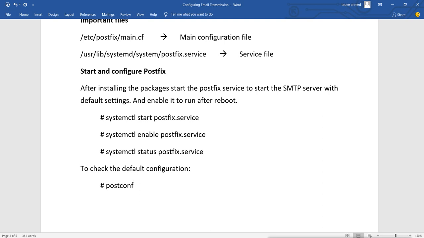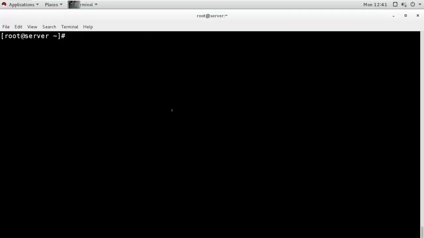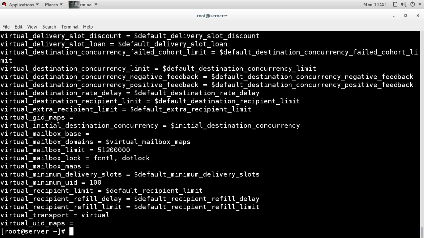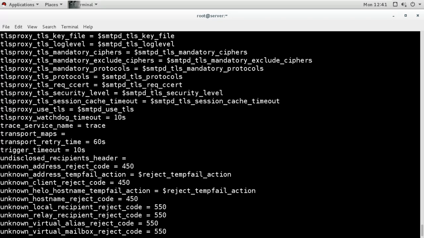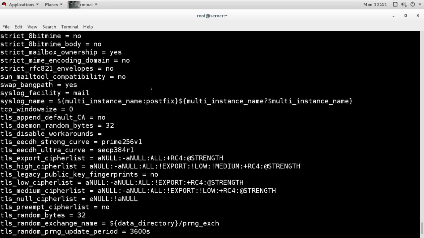It will display the current settings, the current configurations. This is the dump of current configurations from the configuration files, what we have, what the configurations are. So these are the configurations configured by default.